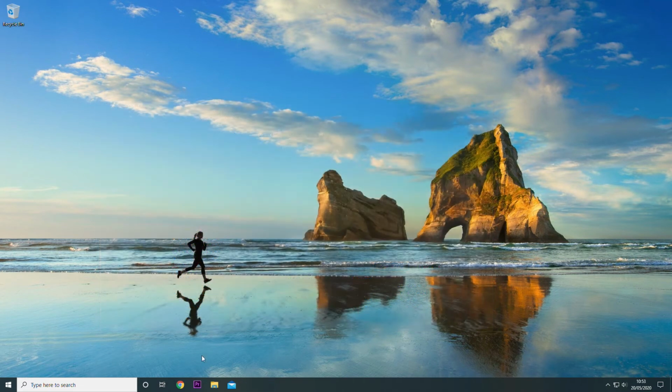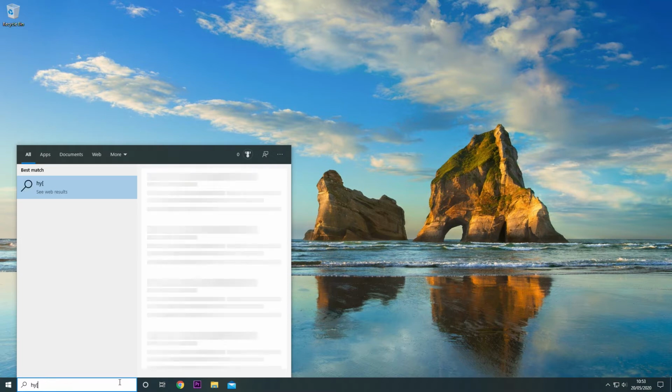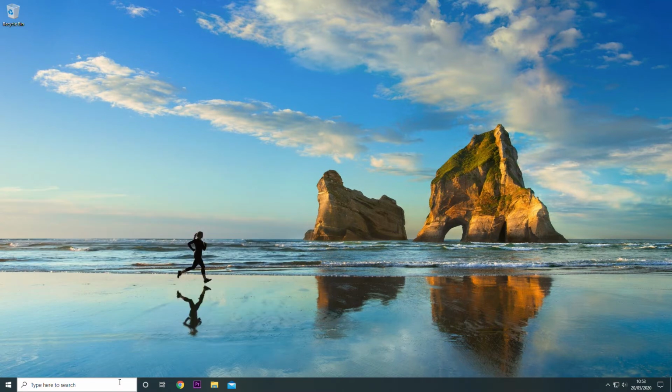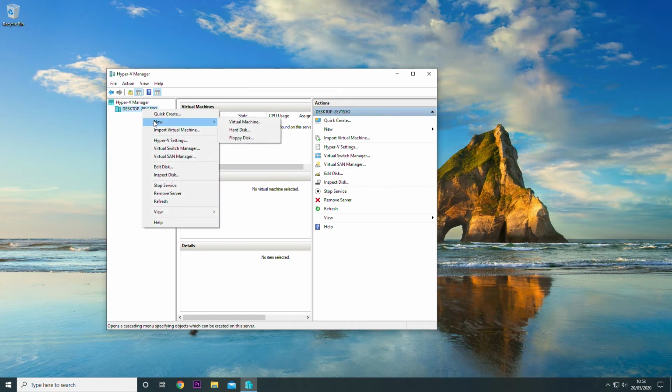Once you've restarted your computer, go down to the bottom left-hand corner in the search box and type in Hyper-V Manager. Once you've found that, open the program up and right-click on your computer, click New Virtual Machine,